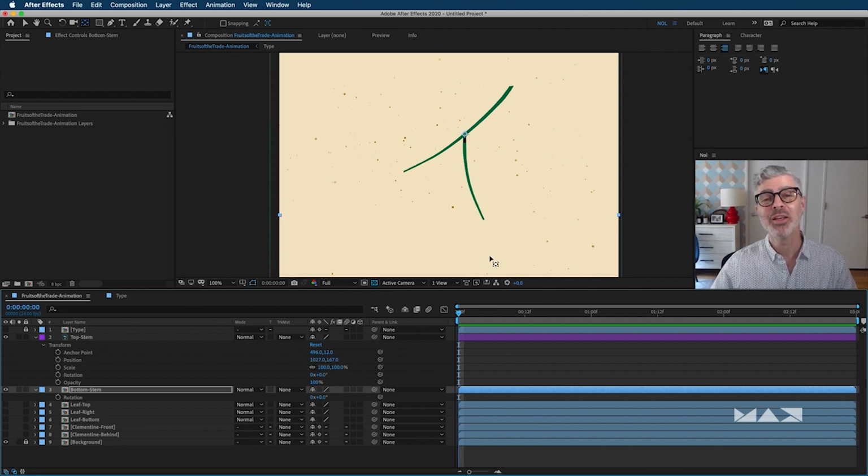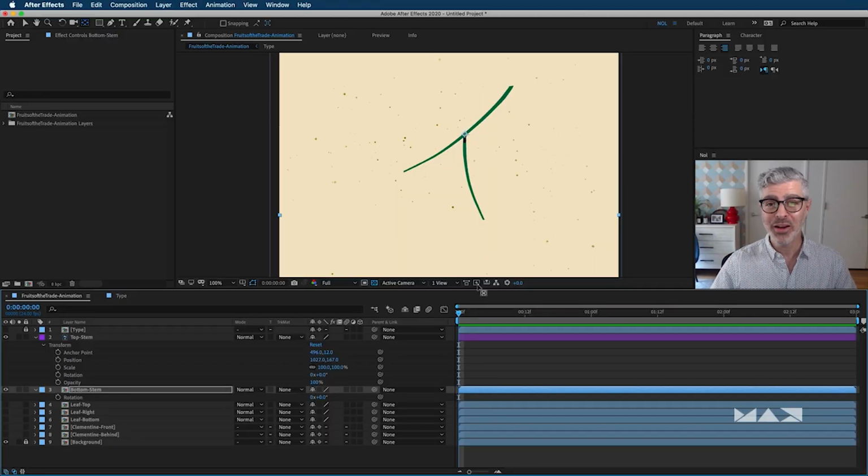Okay, so how do I do that? Well, that is the function that I was just talking about called parenting. Now, when two people are in love, no, wait a second. The way that you parent in After Effects is like this, all right? So if I want my bottom stem to be connected to my top stem, which I do in this case,